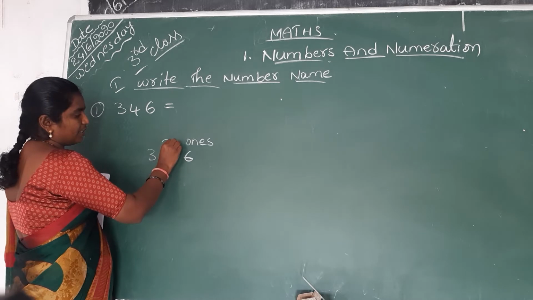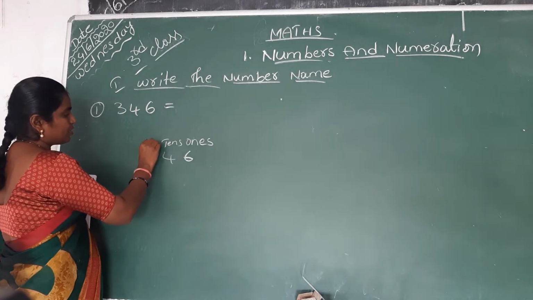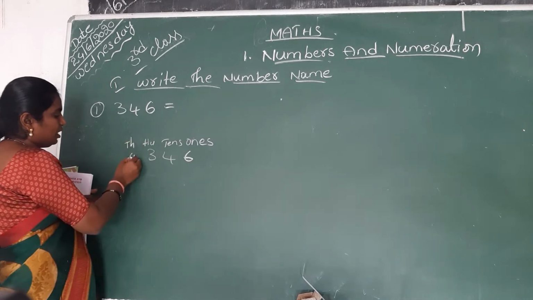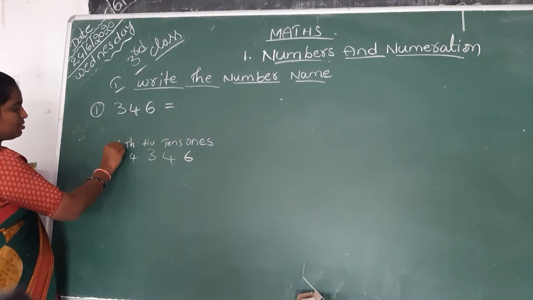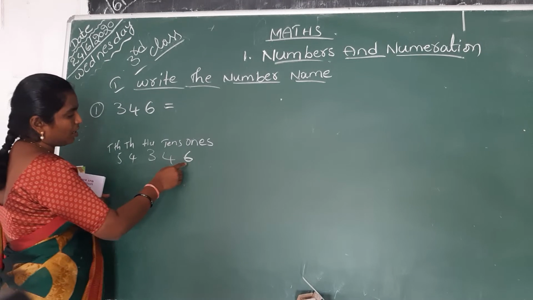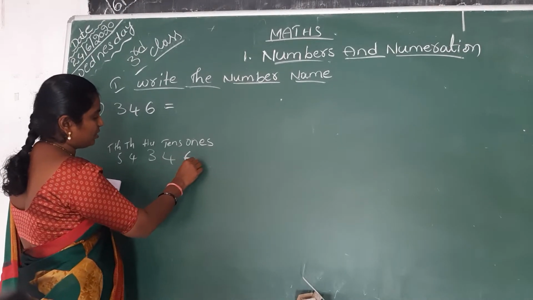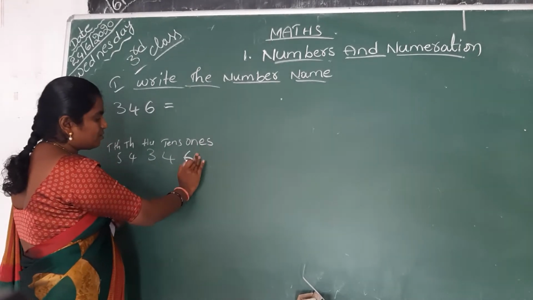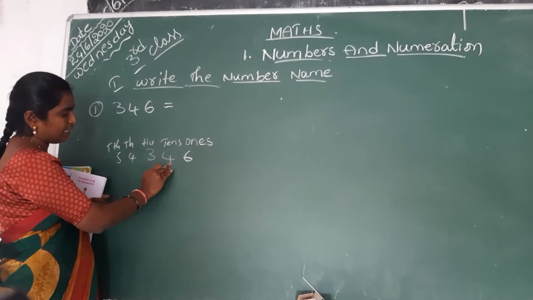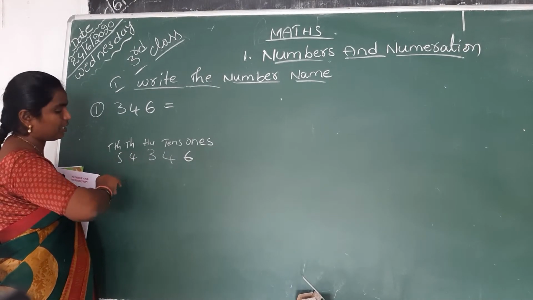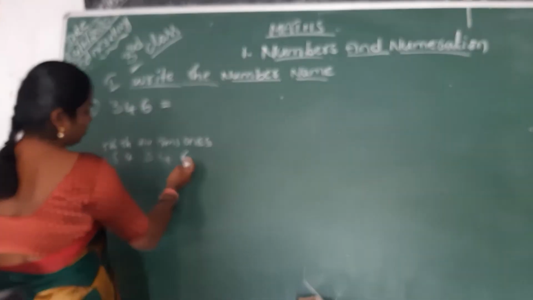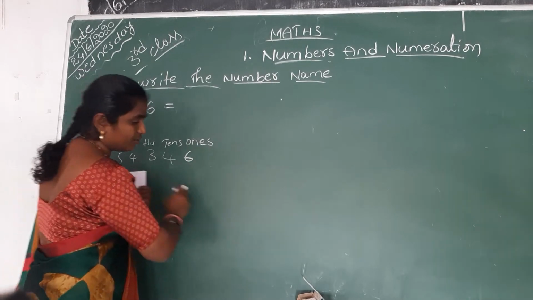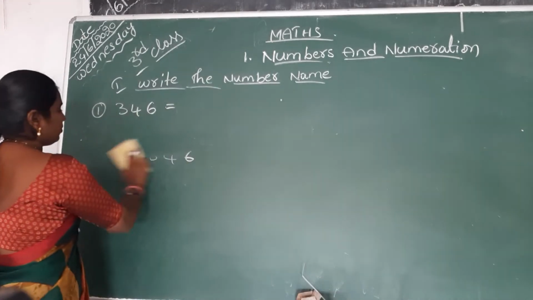Next 10's place value. Next 100's place value. Next, if I am writing another place, it is 1000's place. Next after that, 10,000's place, like this. So first you have to know the place value of a number. First place value will start with 1's place: 1's, 10's, 100's, 1000's, 10,000's. You have to count from the starting, that means from the right side.